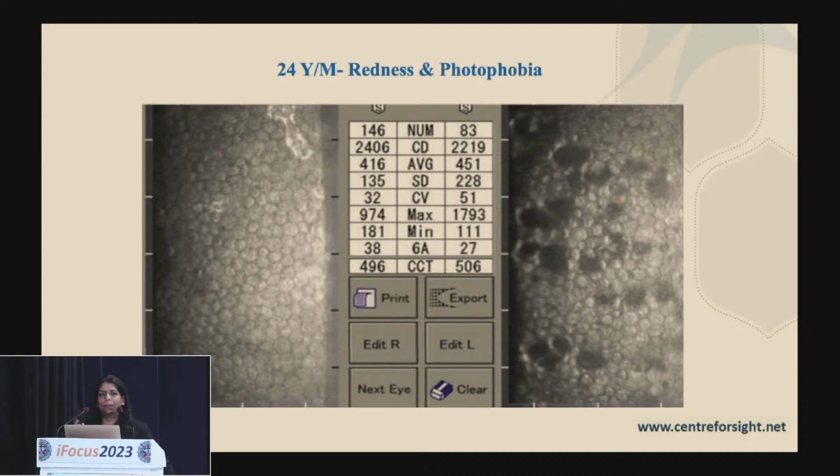First thing, if you see the picture, the cells around these black holes are normal. You don't have abnormal cells around that. So it is not a goutte, right? Secondly, patient's age. Patient is a 24-year-old young man. Thirdly, redness and photophobia. Which Fuchs has acute symptoms of redness and photophobia? No, right? Thirdly, unilateral picture. Fuchs can be asymmetrically bilateral, but if you see there are severe changes in the left eye, but the right eye, no changes, right? So the diagnosis would be,